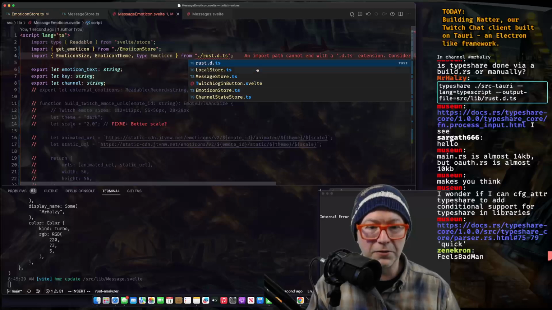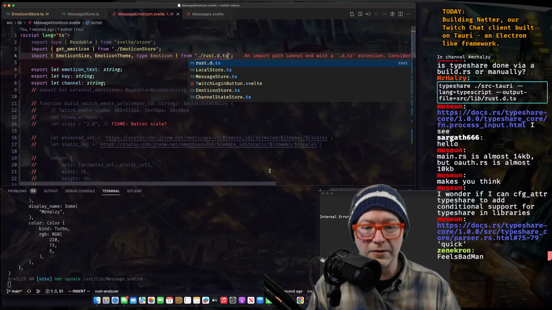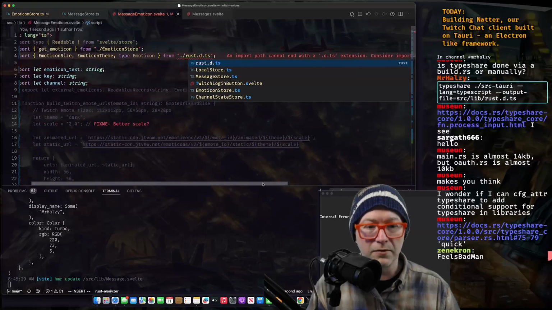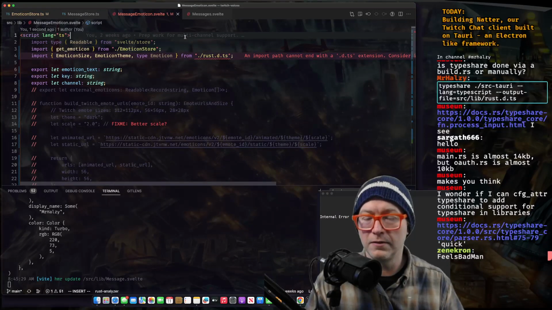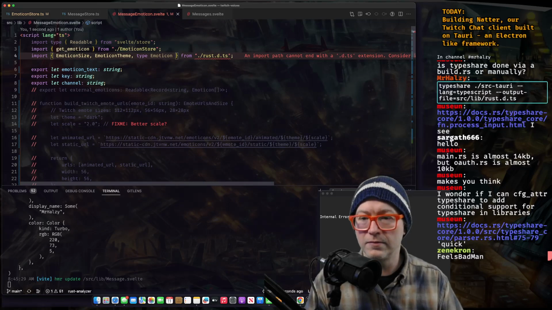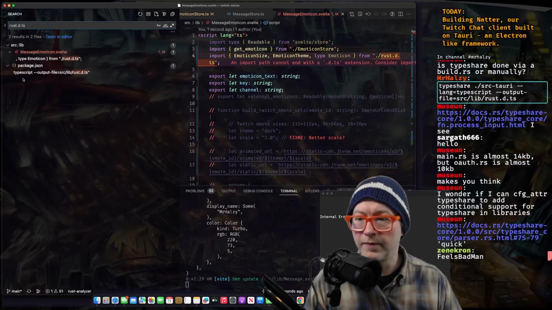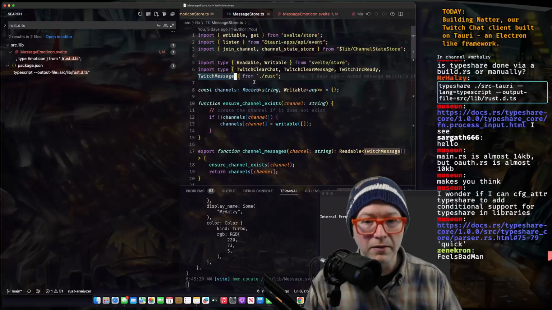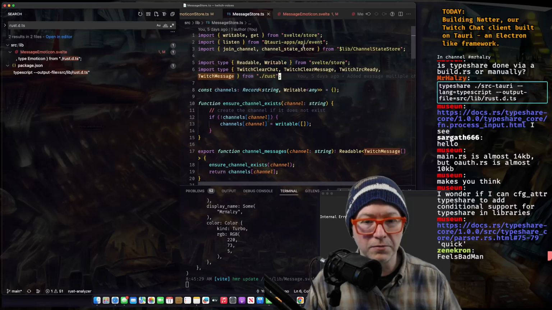Okay, now we just have internal error. Oh, what do you mean you can't? An import path cannot end with .d.ts. Rust.js. No, you're wrong. Okay, maybe you're right. Yeah, just from Rust.